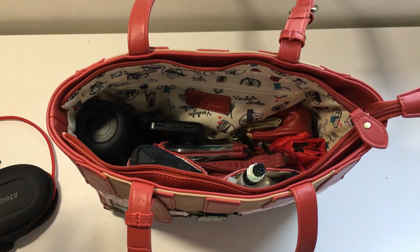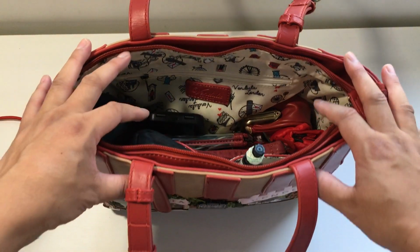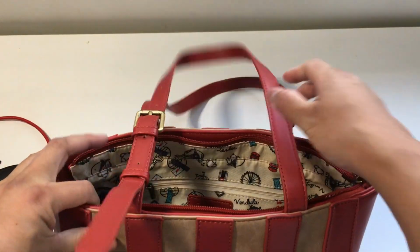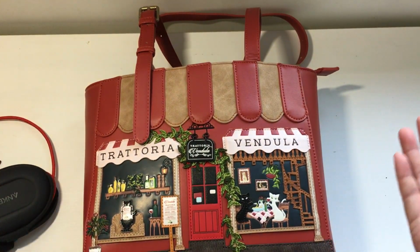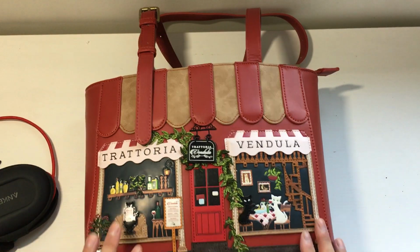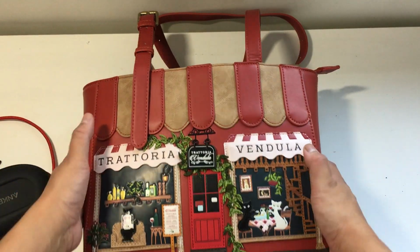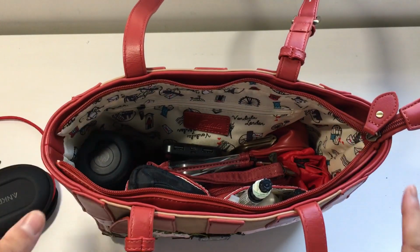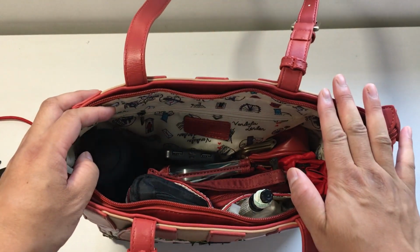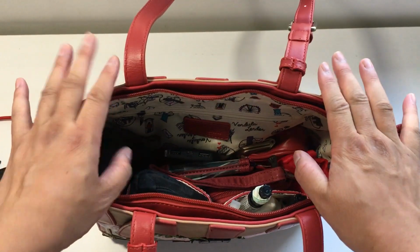So anyways, for some reason I don't have anything in my house colors, but this bag, because I was taking it anyways, was like the perfect bag to take if you're a Gryffindor without being on the nose Gryffindor. With the red and the gold and the stripes, I was like, oh my gosh, this was meant to be. This was supposed to be the bag I took to the theater. Because I wanted to match the stuff in my bag with the outside of the bag,